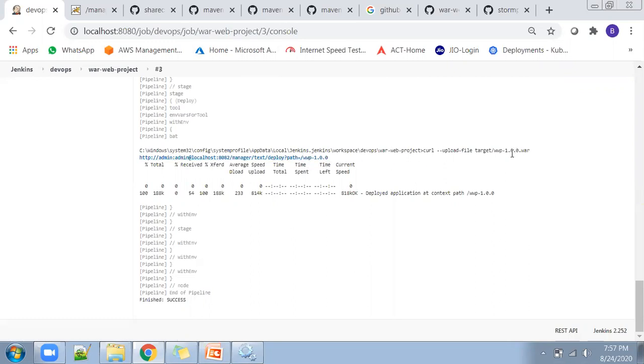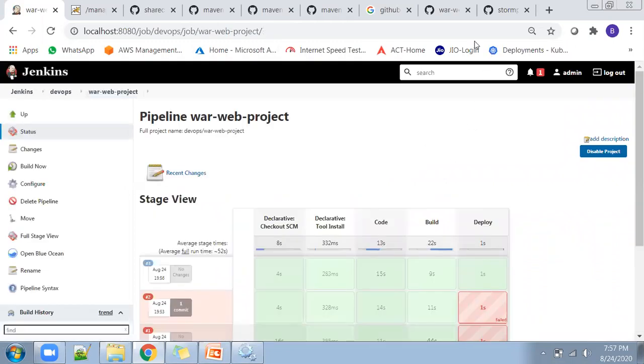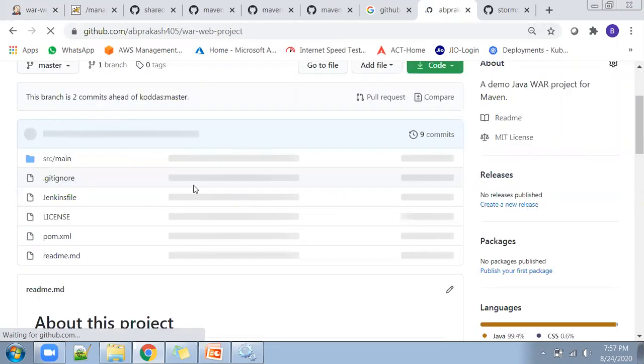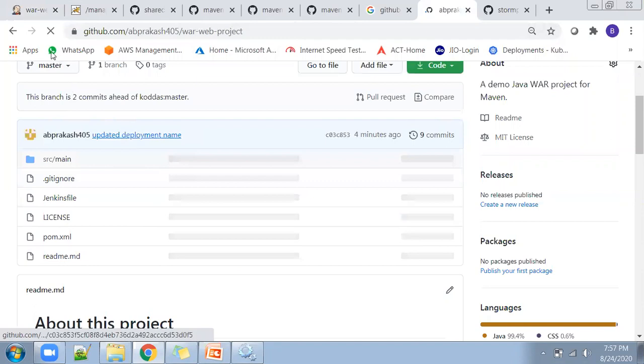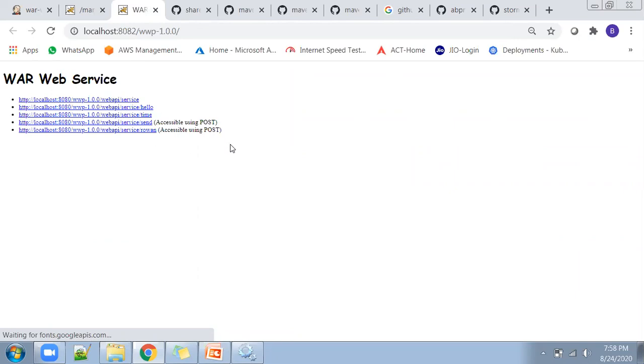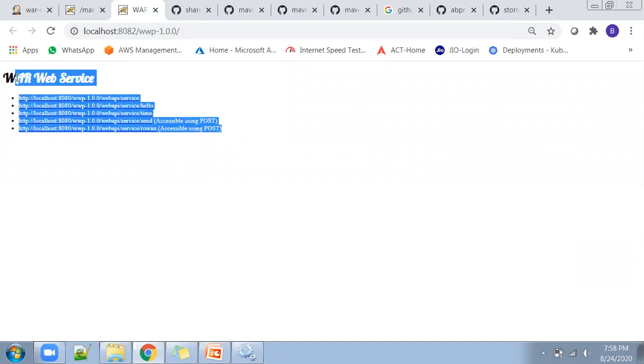www-100. So as you remember, this repository was not created by us. We simply forked the repository from a different GitHub repository and placed it into our GitHub account and we did the build, and this job is successful and we have deployed into Tomcat. Let me see what the WWP is having. So this WWP 100 is loading something, not fully loaded yet, but some of the URLs it is showing.